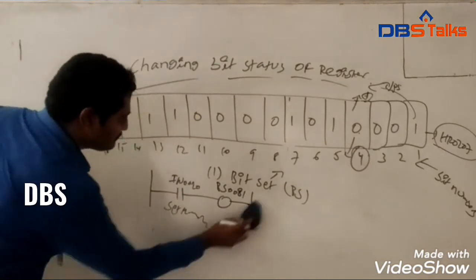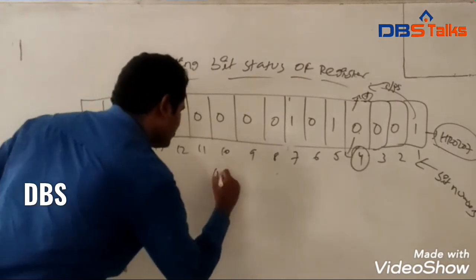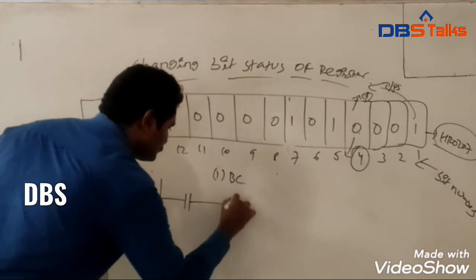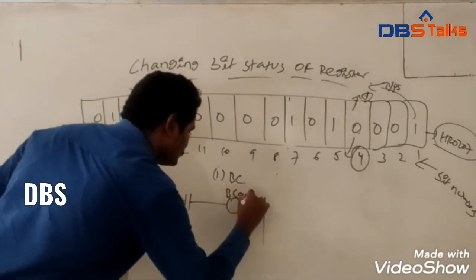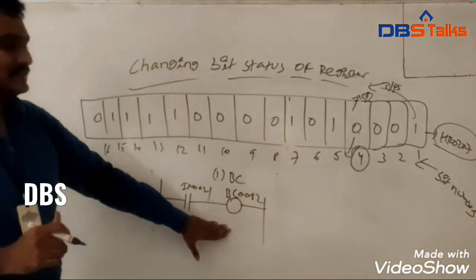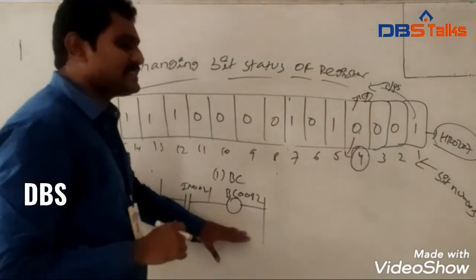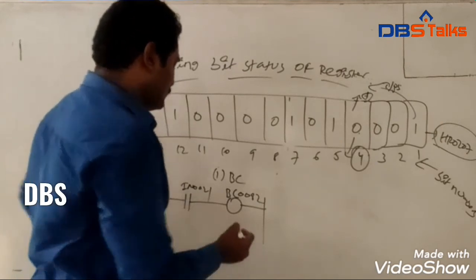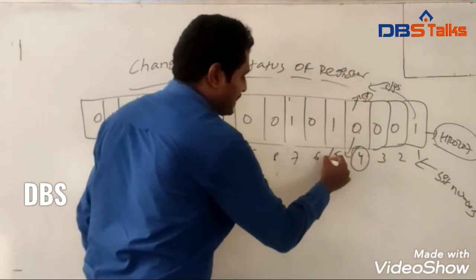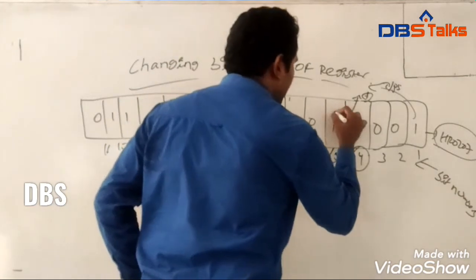Okay, next I am taking the bit clear function, that is BC. For that I am taking one diagram. Here I am taking bit clear. This bit clear has the opposite effect of the bit set operation. So I am taking bit 5 value, where we have the output value as 1.